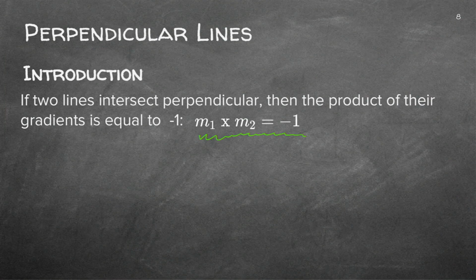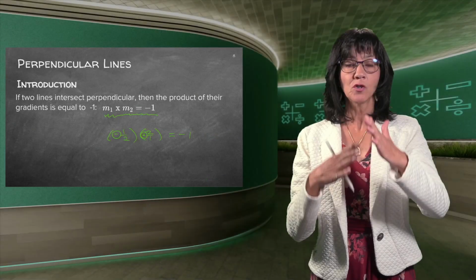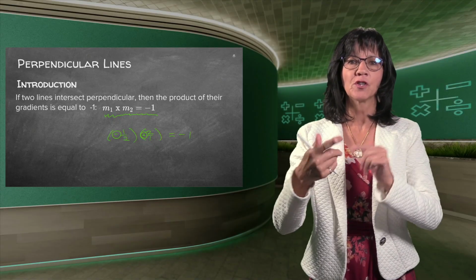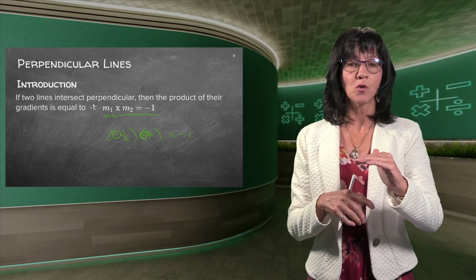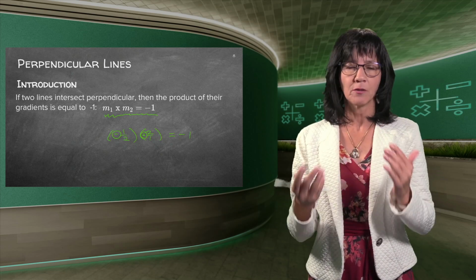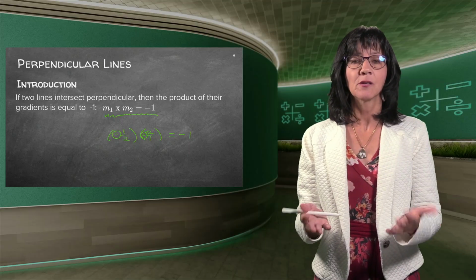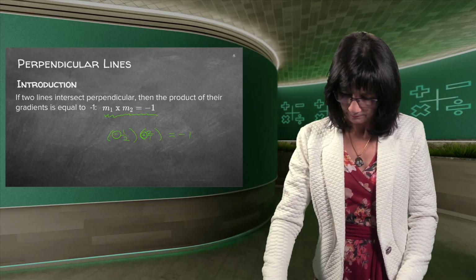That just means, if I give you an example, if I have minus a half and I have 2 over 1 and I multiply them with one another, it will give me minus 1. So make sure that one is a minus, the other one is a plus, because only if you multiply a plus and a minus with one another, you will get a minus in the end. And because they are totally perpendicular, they are inverses of one another. So if the one is a half, the other one will be 2 over 1. If the one is 3/4, the other one will be 4 over 3. But the one must be a plus and the one must be a minus. So that is a way to check if lines are perpendicular.